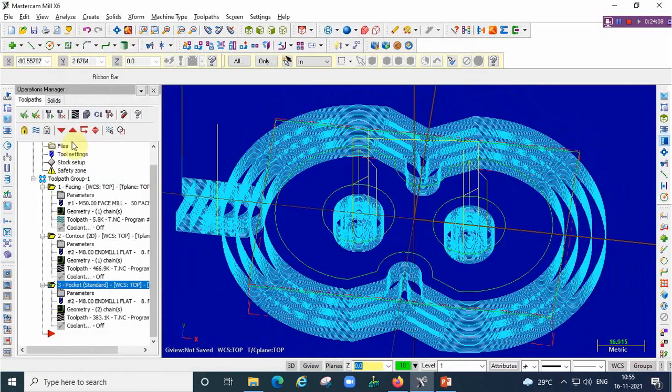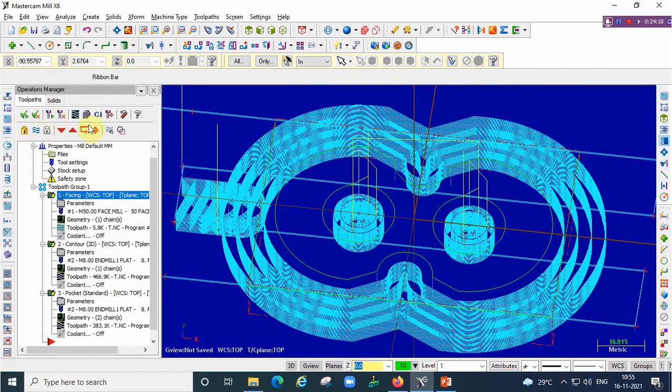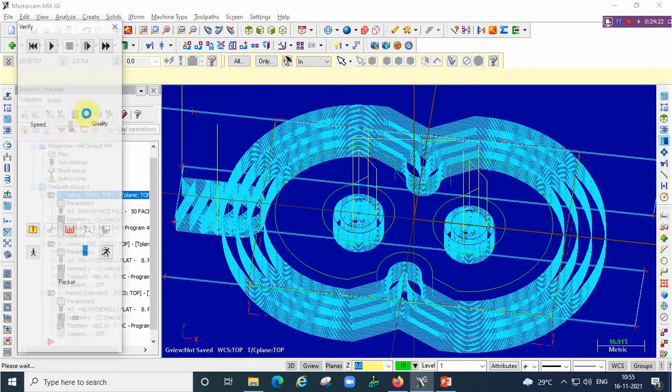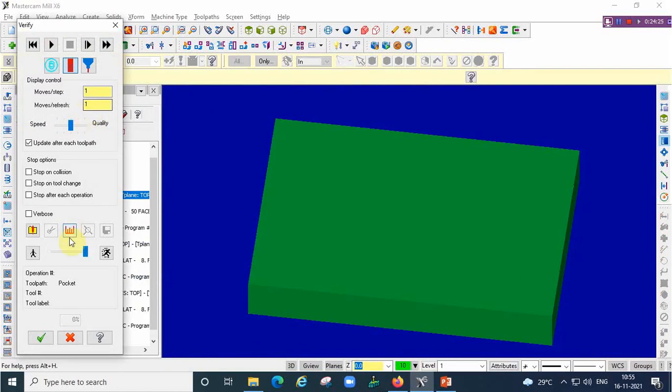We are going to do the simulation. Select all the operations by selecting the tick mark. See the tick mark here. All are selected. Regenerate. Go to verify option. This is the speed control.